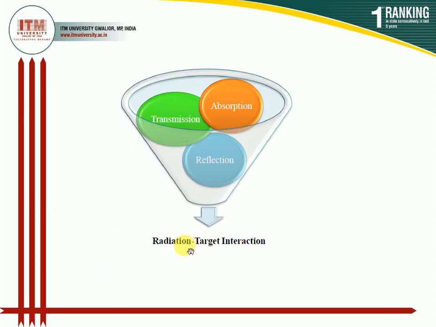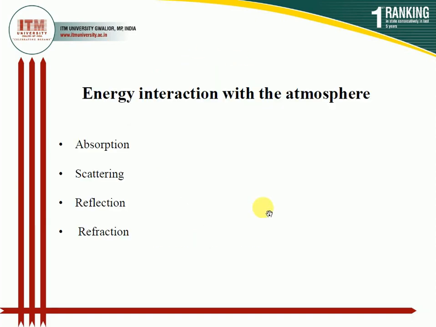When electromagnetic radiation enters the earth, this radiation gets absorbed, transmitted, or reflected. The main concept of remote sensing lies in these three phenomena. If the light rays, or a certain sort of radiation, get absorbed, then the intensity of electromagnetic radiation decreases. There are some air components which are responsible for absorption of light, like ozone, carbon dioxide,